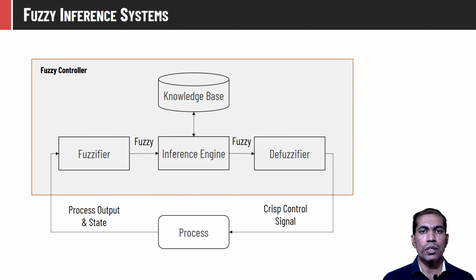That is, it is actually some real number. For example, the temperature of a room could be 25 degrees, the number of people could be 4, the size of the room might be 20 square foot, and so on. These parameters are in numeric form. They need to be converted into fuzzy form so that the fuzzy inference system can understand them. So these fuzzy membership functions will help us to map that real number into a fuzzy value which ranges between 0 to 1.